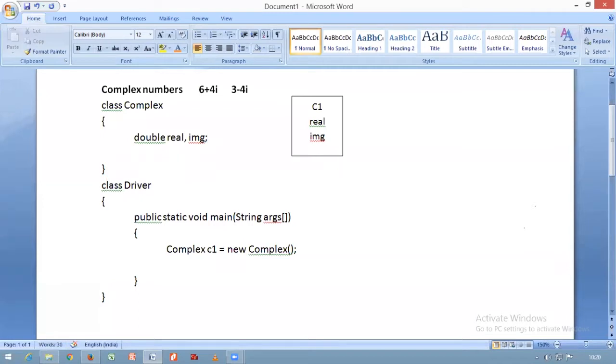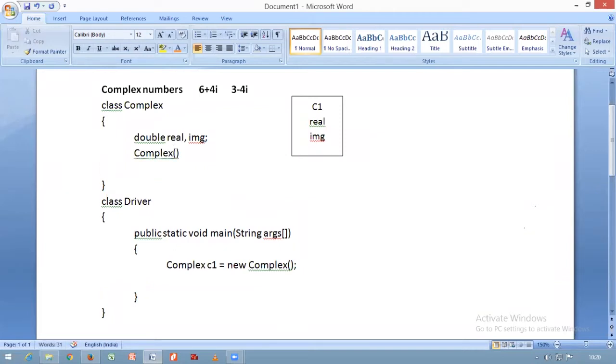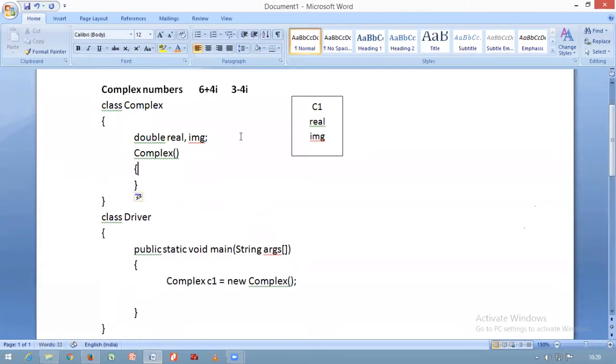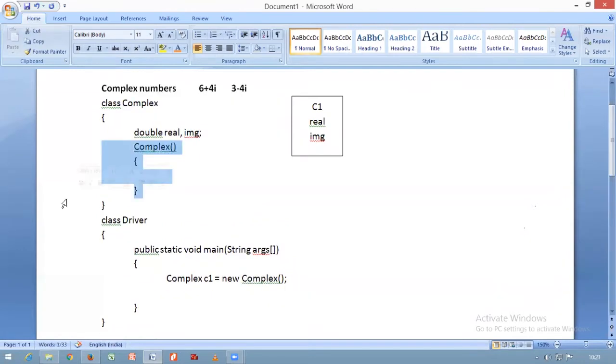The constructor method does not have a return type and its name is the same as the class name. This is a constructor for the complex class. Here the class name is Complex and the constructor name is also Complex.